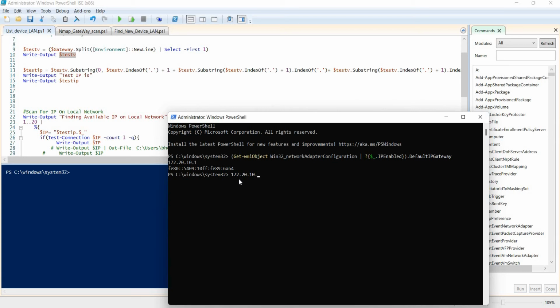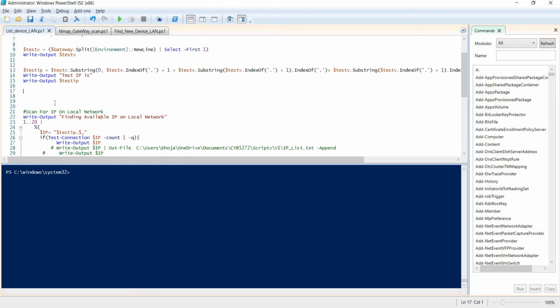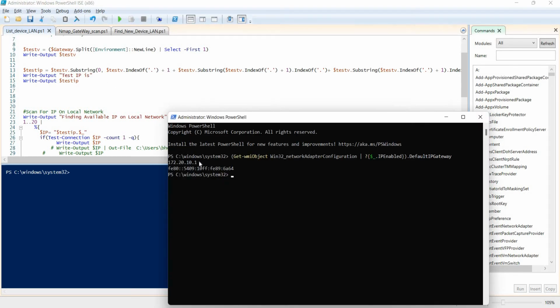So that would be 2 or 4 or 21, 25, anything. So for that we will just take the first three parts of this one, like 172, 20, and 10, and for the last part we will